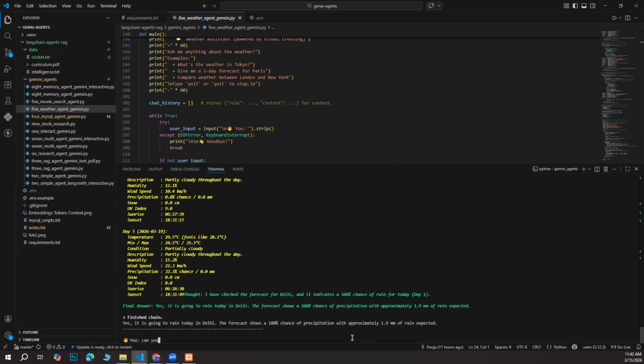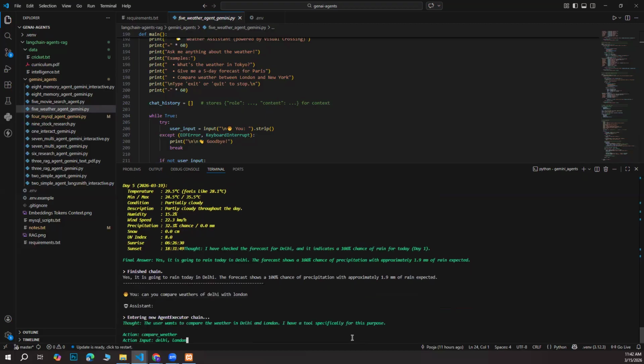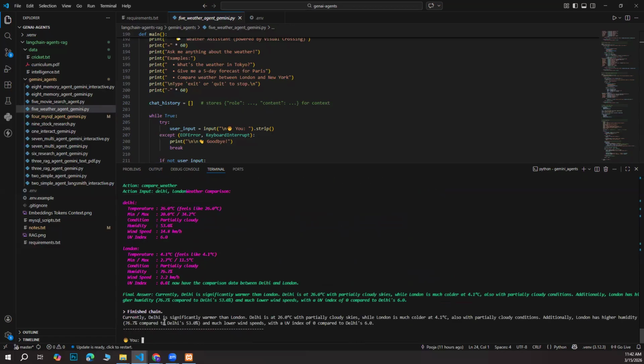Can you compare the weather of Delhi with London? So currently Delhi is significantly warmer than London. Delhi is around this. London is much cooler, with partly cloudy conditions. London is having higher humidity. So you see now,